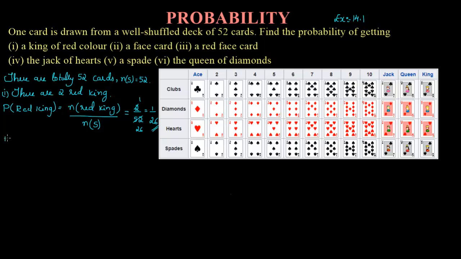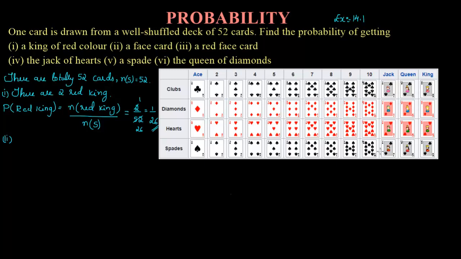Then coming to the next part of this question, they have asked you to find the probability of a face card. Oh, that I have forgotten to tell you. All these jack, queen and kings are face cards. The face will be drawn on this card. So if you have played cards, or else you have seen it, you might be knowing it. And if you don't know, I am just telling you, the jack, queen and king cards will be face cards. Jack will be drawn here, queen will be drawn here for all these cards, and here kings will be drawn.